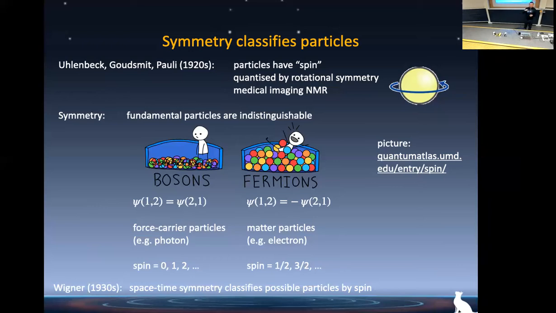This is a state which is allowed. Because why? Because if I swap them, I still have the same state. But fermions, luckily for us, they cannot. Because if I put them again, like bosons, on the same energy level, in the same state, both pawns, for instance, the ground state